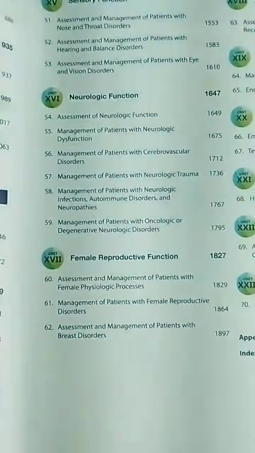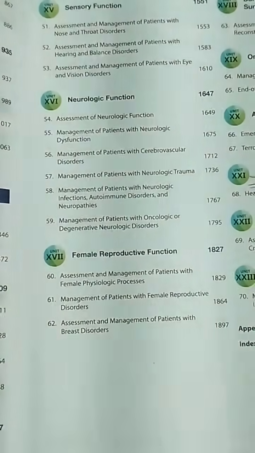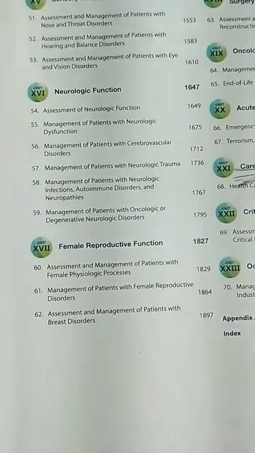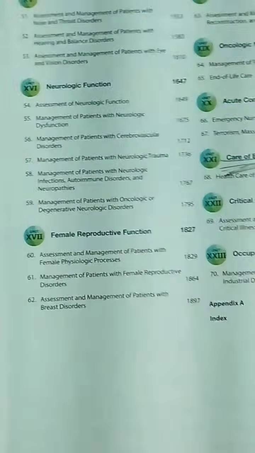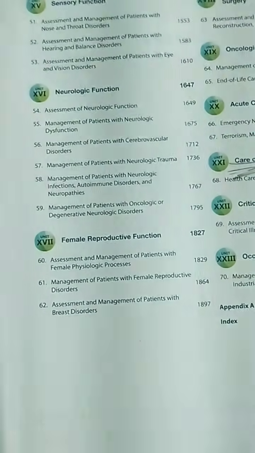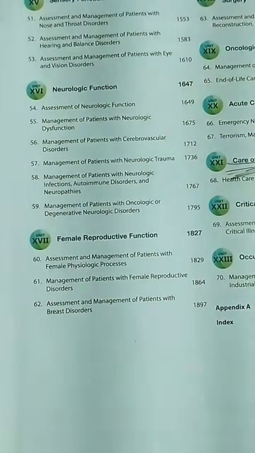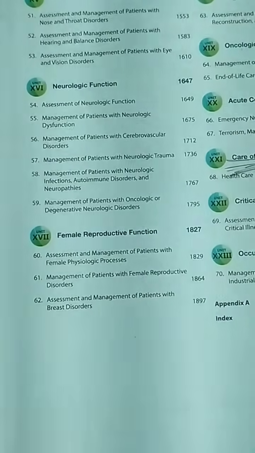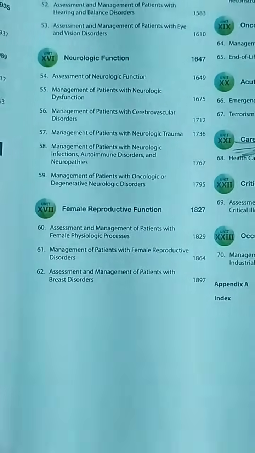And next is the neurological function, that is assessment of neurological function, assessment of patients with neurologic dysfunction, management of patients with cerebral disorders, management of patients with neurologic trauma, management of patients with neurologic infection, autoimmune disorders and neuropathies, management of patients with oncologic or degenerative neurological disorders. And the next is female reproductive function,